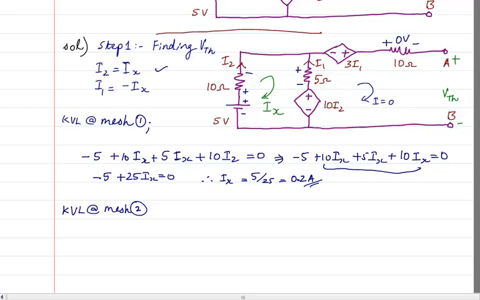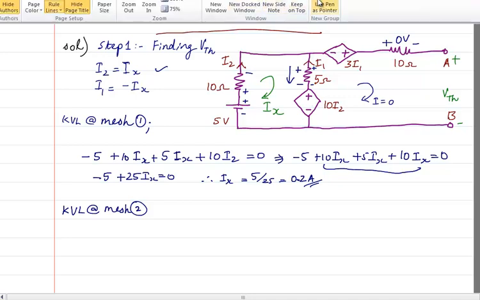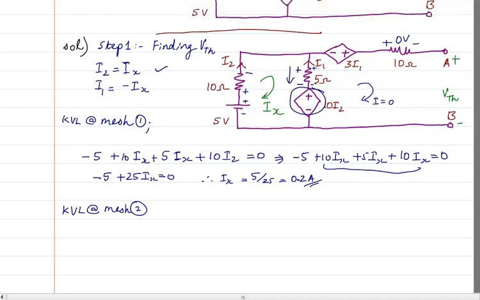Whereas here there is only one current flowing, and that is Ix, and that is flowing in the opposite direction. So I will write this is going to be plus and this is going to be minus. Why? Because Ix is flowing from top to bottom. Okay. So we are having 4 sources or 4 voltage points here. One is because of this, second is because of this, third is because of this, and the fourth one is because of this. So we need to worry only about these 4 voltages. We need not worry about this one.